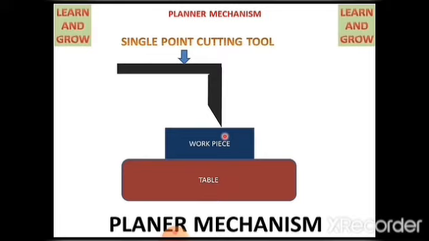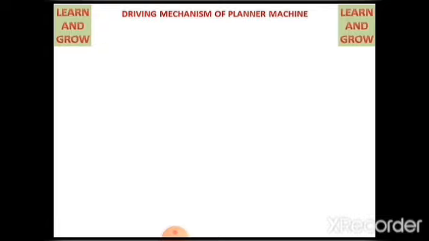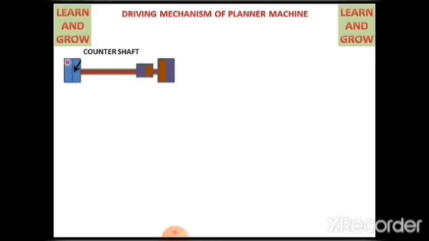अब हम समझते हैं कि जो प्लेनर मैकेनिज्म है इसके अंदर ड्राइविंग मैकेनिज्म कौन सा हम और कैसे यूज करते हैं। तो समझते हैं हम ड्राइविंग मैकेनिज्म ऑफ प्लेनर मशीन। जो हमारा ड्राइविंग मैकेनिज्म है वो हमारे जो प्लेनर मशीन की टेबल को कैसे आगे और पीछे की तरफ मूव करता है, उस ड्राइविंग मैकेनिज्म को हम समझेंगे। तो सबसे पहले हम उसके पार्ट्स को समझ लेते हैं जो ड्राइविंग मैकेनिज्म है। तो हमारे पास एक होती है काउंटर शाफ्ट, इसको काउंटर शाफ्ट बोलते हैं। इसके एक तरफ पुलीज का सेट है, ये दो पुली छोटी हैं और दो पुलीज बड़ी हैं, और दूसरी तरफ दो और पुली हैं जो इसको बैलेंस करेंगी, तो इसको काउंटर शाफ्ट बोलते हैं।